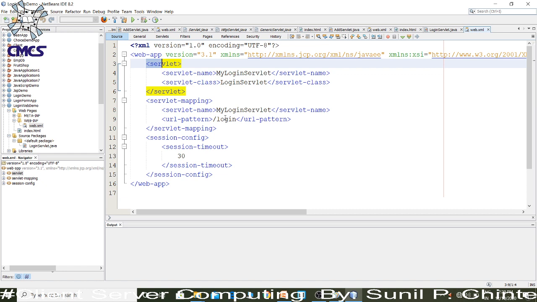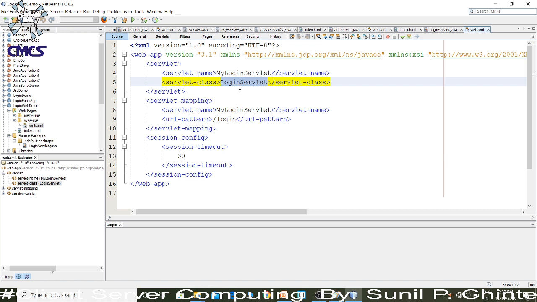I already told you, there are two alias names. First is the internal alias name and the external alias name with the actual servlet. So here is the actual name of your servlet class, that is the login servlet.